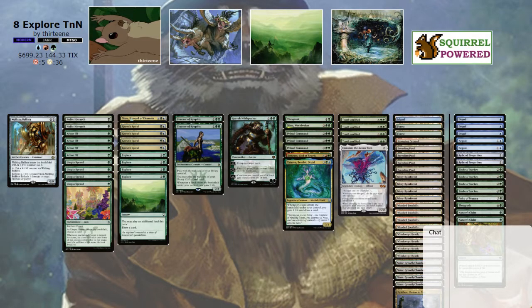Utopia Sprawl, Arbor Elf, great. We have expensive things, like I said. Gemstone Caverns, probably a requirement for this deck. Garruk, he did things. He's 4 mana. He's good in cube. We didn't really get to abuse Nykthos at all. So Nykthos would be...